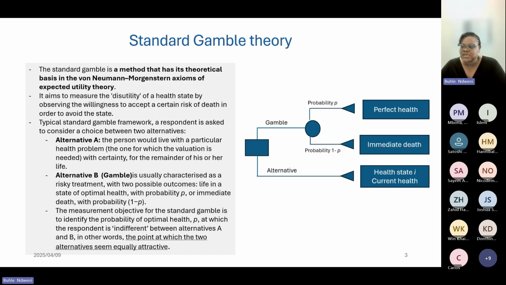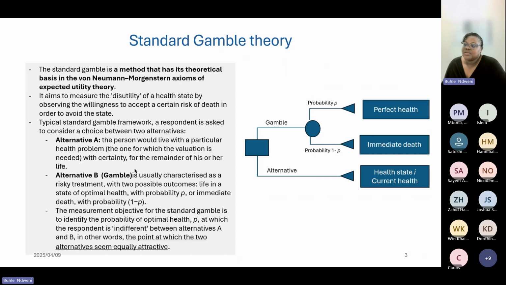Two possible outcomes: life in a state of perfect health, with probability P, or immediate death, with probability 1 minus P. And then the other alternative would be for the person to just live with the health problem that they have,